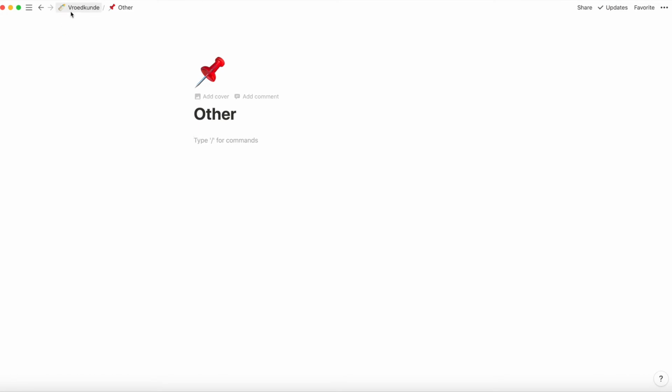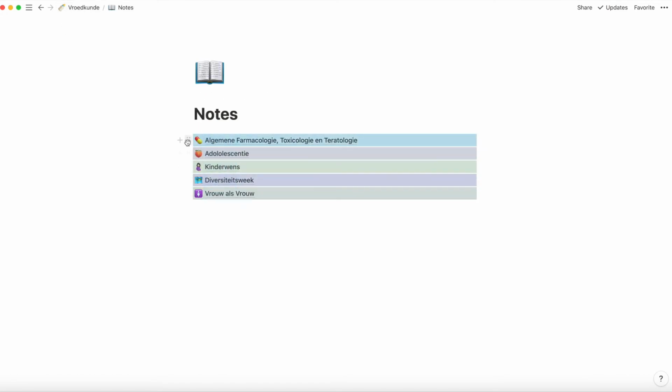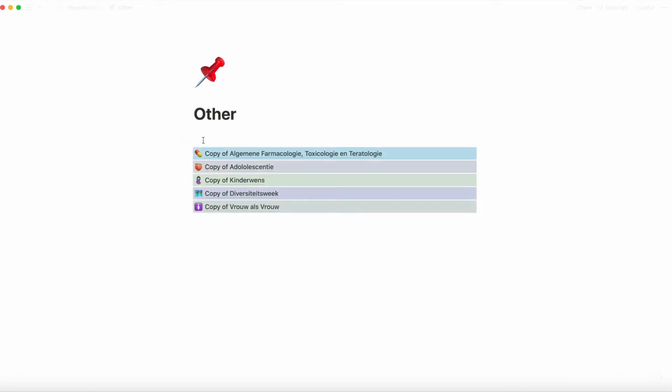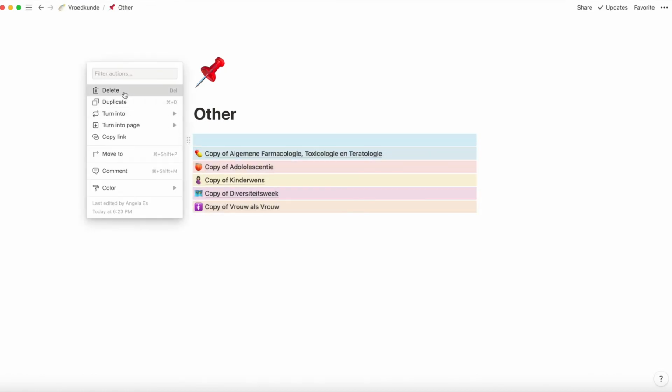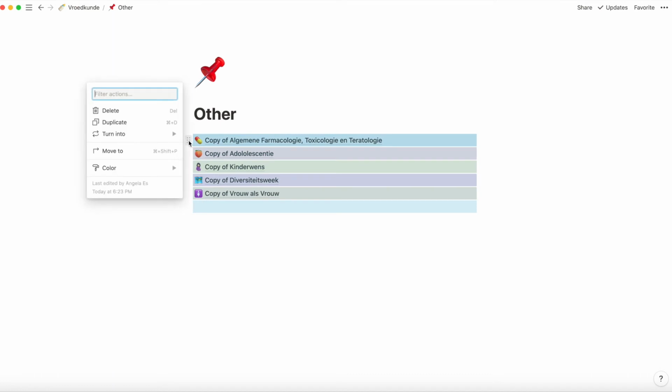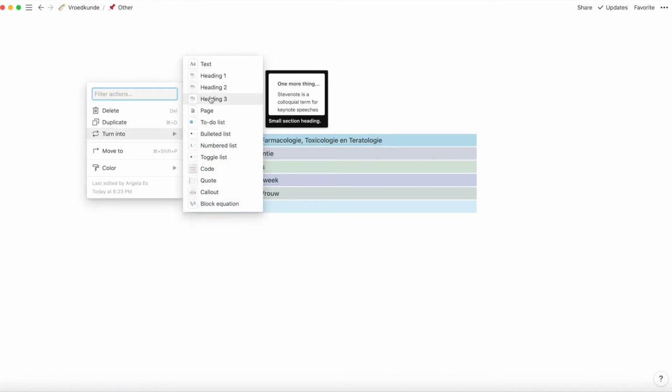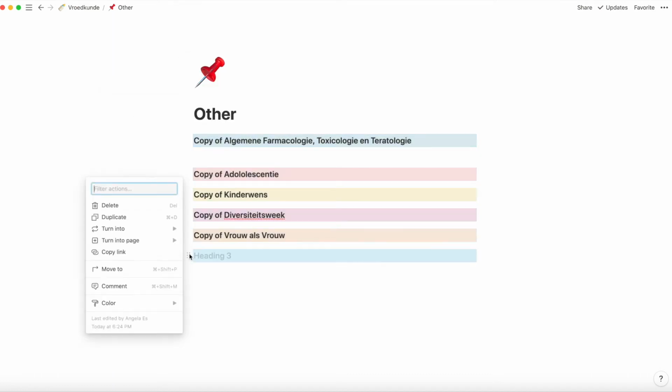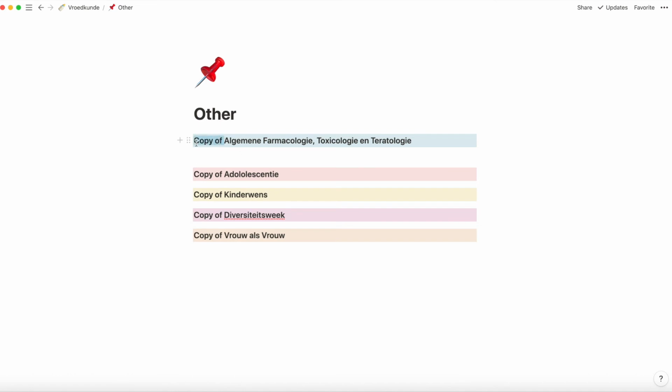Then in other, I'm going to put everything that doesn't need a page on its own, but that I do want to have somewhere and I can find it quickly in this page instead of searching it up every time. I copied the list of courses from the notes page so that it has the same layout, and underneath each course I can put everything that belongs to that course.